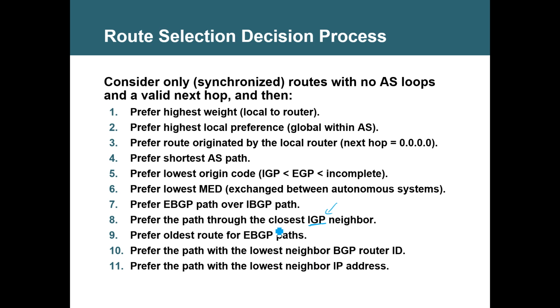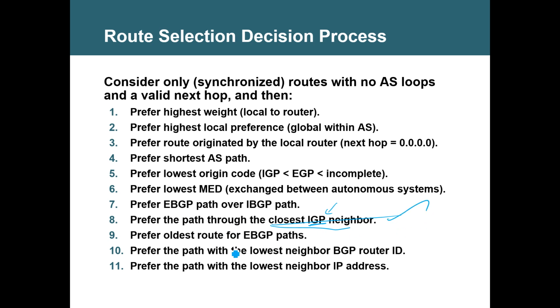Okay, closest IGP. This IGP may be RIP. To one IBGP it is 2 hops. To another IBGP it is 1 hop. Which one will it take? The 1 hop IBGP. If there is a tie in this, assume that the IGP cost is same. And if, okay, sorry, this is IGP, right?